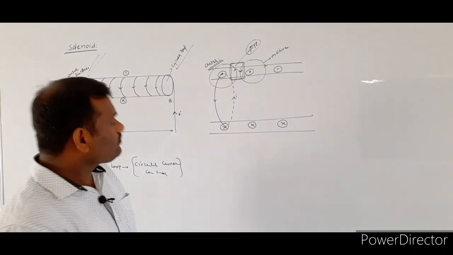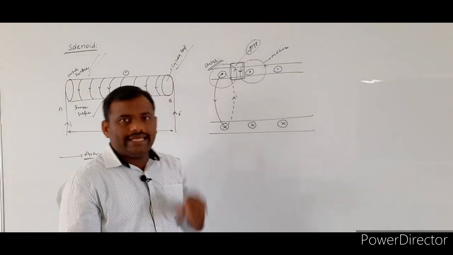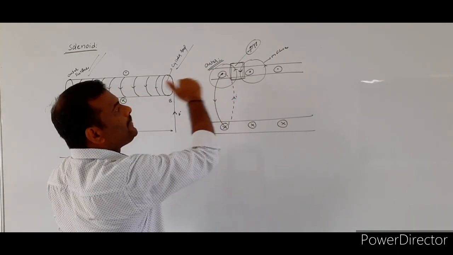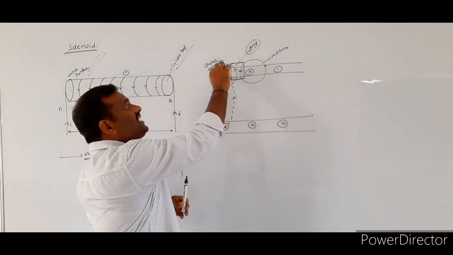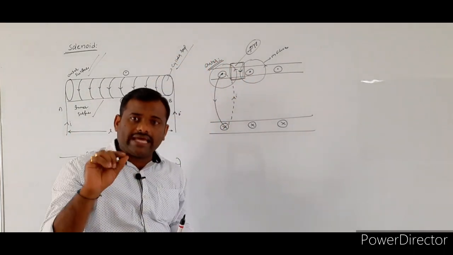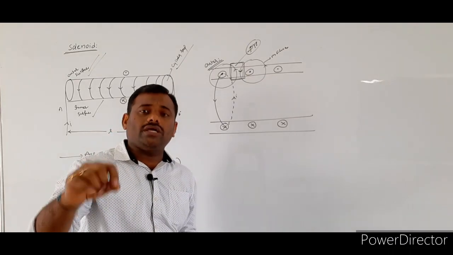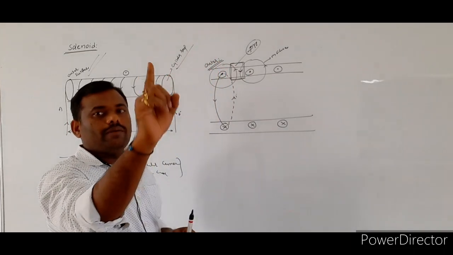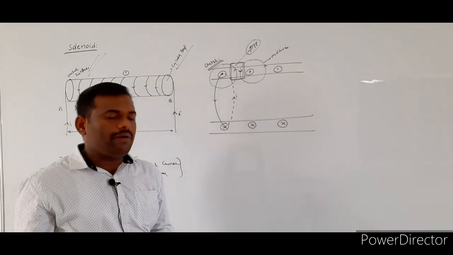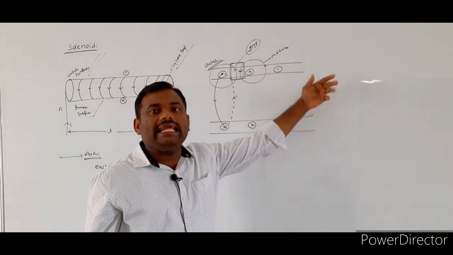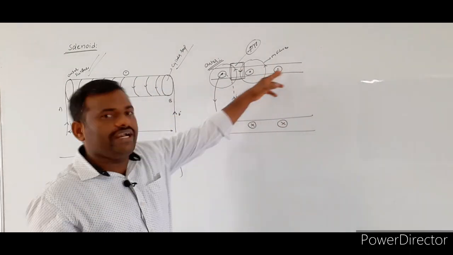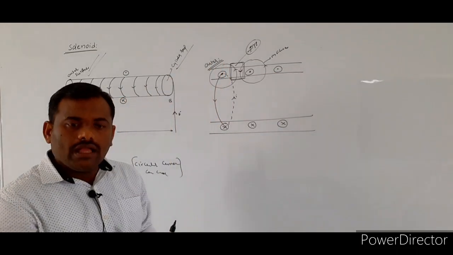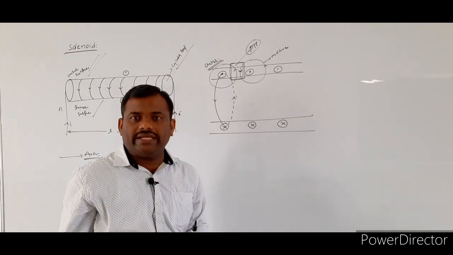Once again, see. When you consider the solenoid, at the upper surface of the solenoid, the direction of the current which is flowing in the particular loop will be coming out of the plane of the paper. I consider three different loops. Whenever the current is coming out of the plane of the paper, a magnetic field will exist around that loop.